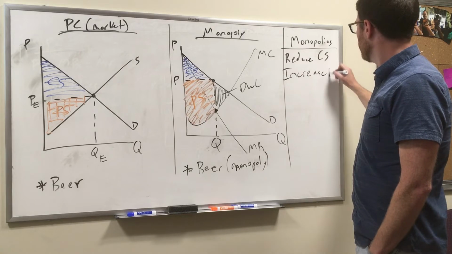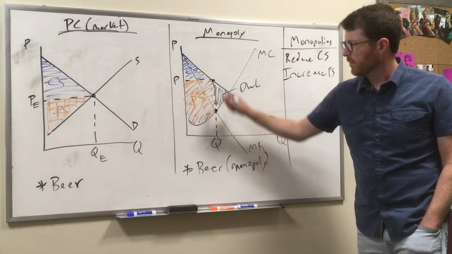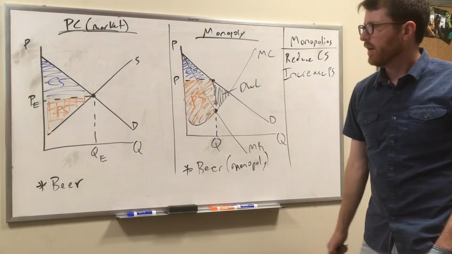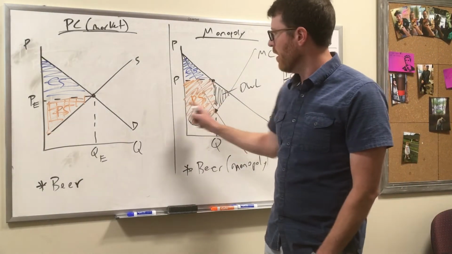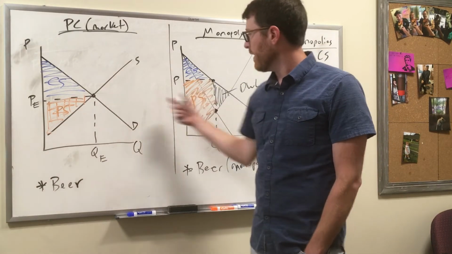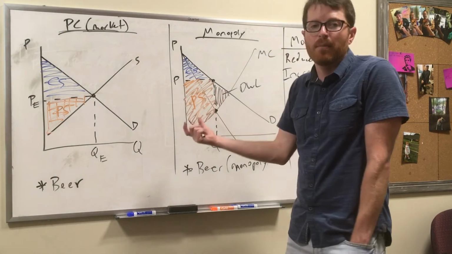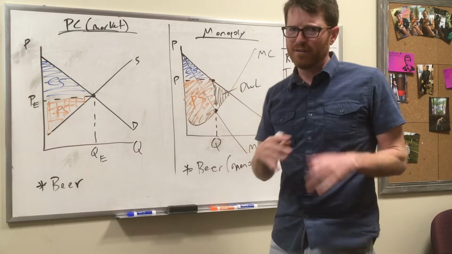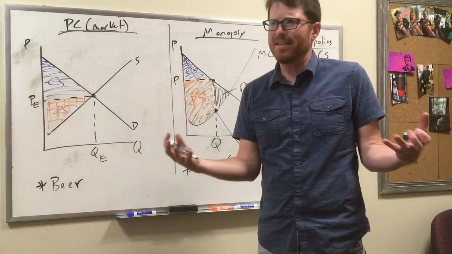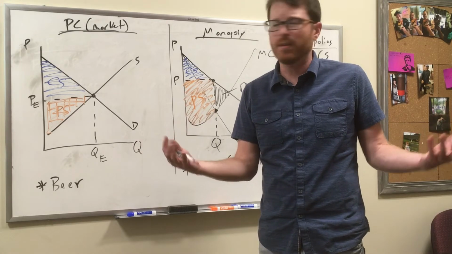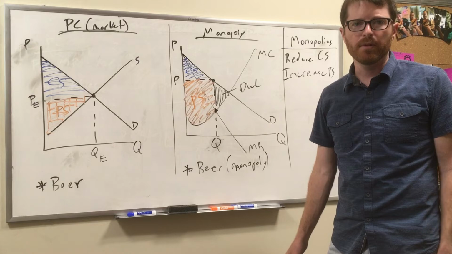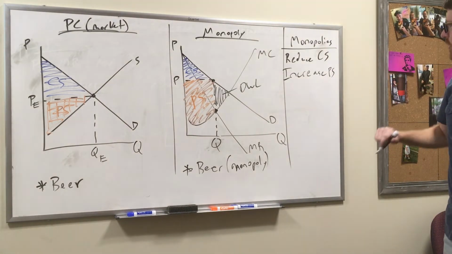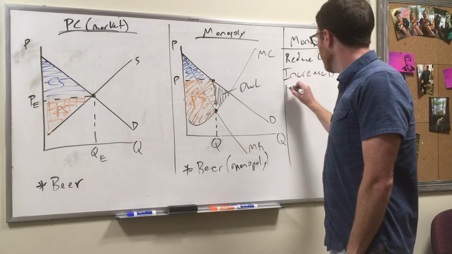They increase producer surplus. Producer surplus is going to be bigger because the firm is going to be able to charge a higher price. And if you're wondering, is this area always going to be bigger than this area? In fact, it will be because they're profit maximizing. And if they're profit maximizing, they're going to choose the shape here that is effectively the biggest. And that's easy for them to do. All they have to do is maximize profits, and in turn, they'll maximize producer surplus too. So monopolies reduce consumer surplus, they increase producer surplus, and as a result,